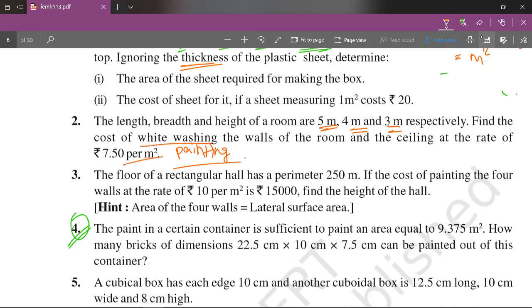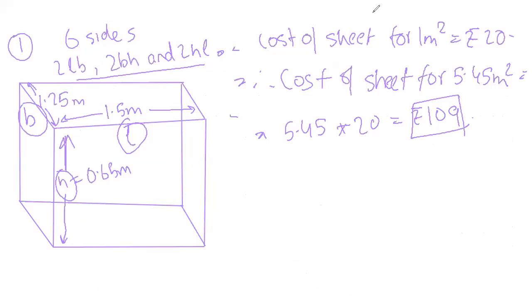Now first we have to find the area. Even if it is not mentioned in this question, you have to find the area on your own. So we'll try to solve it. I'll just clear this all. The most critical part is to draw the figure so that there's no confusion in solving the question.